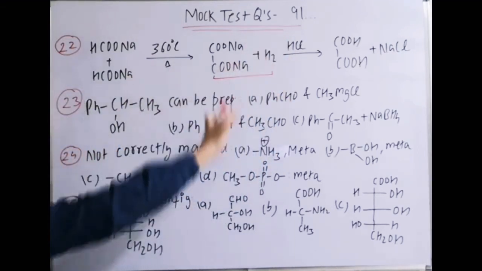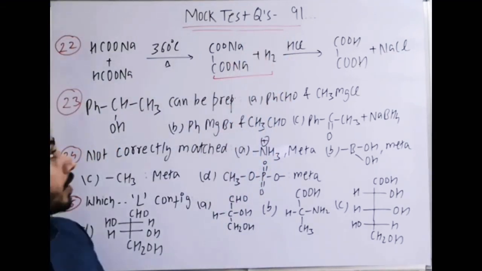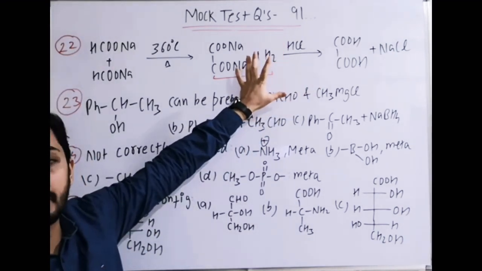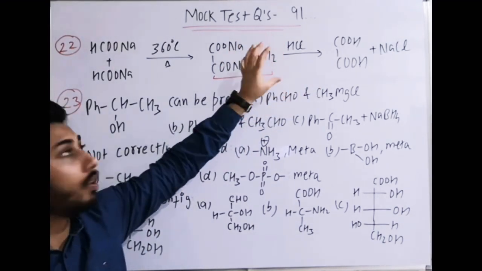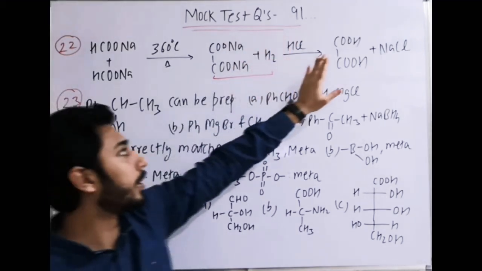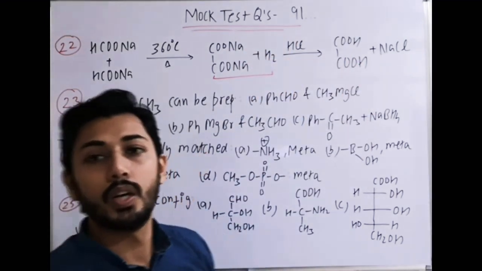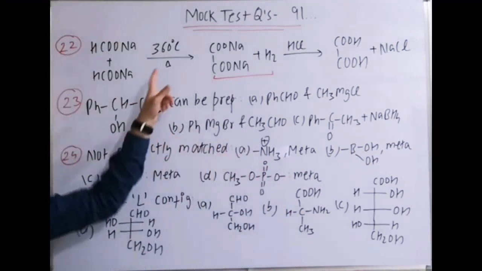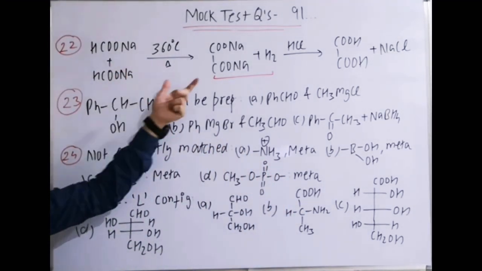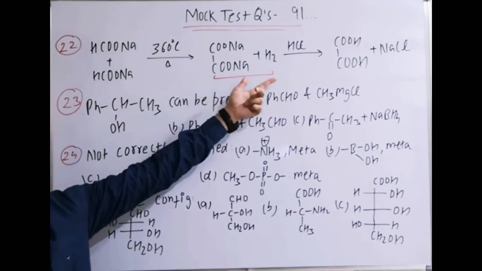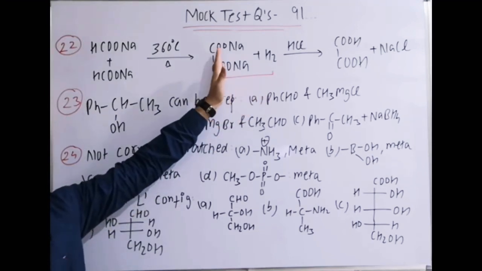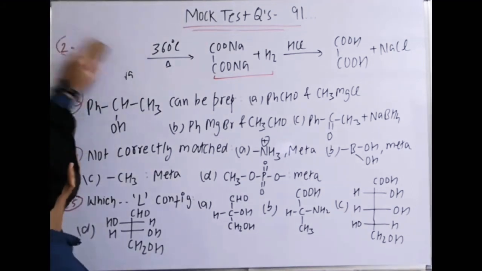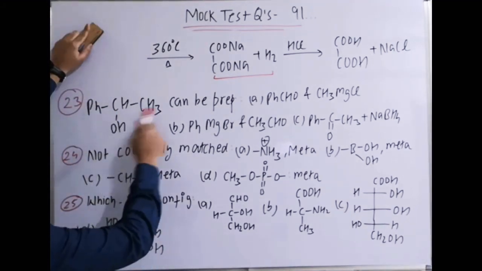So I have written the complete reaction: if you do the acidic hydrolysis, the acidification of this mixture, H2 is already evolved, then it will gain H plus, and finally we get oxalic acid. This is the industrial preparation of oxalic acid from sodium formate. In the question they have given only this part, that two products are formed, one is sodium oxalate, the other is H2.